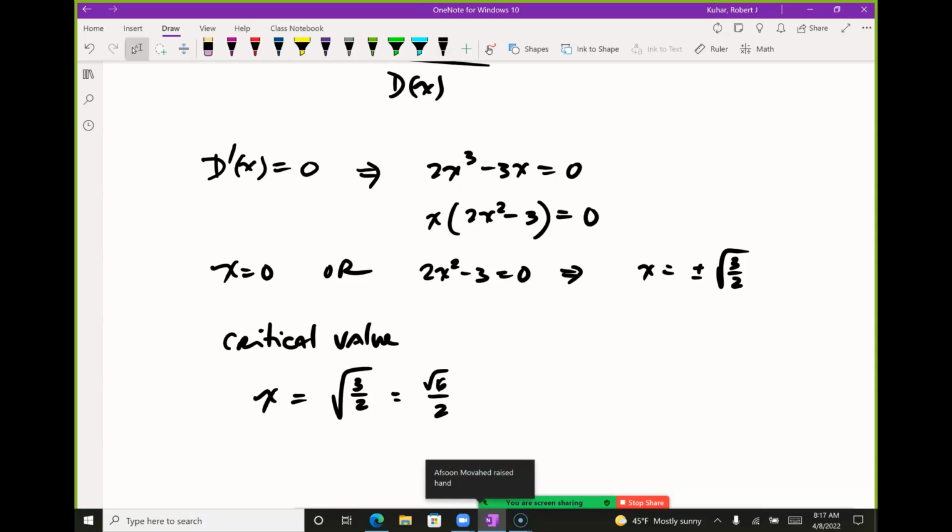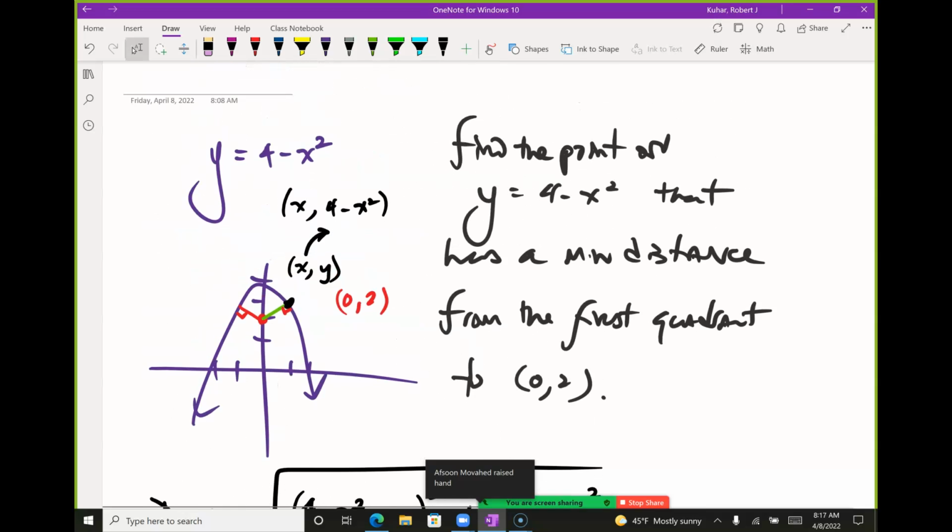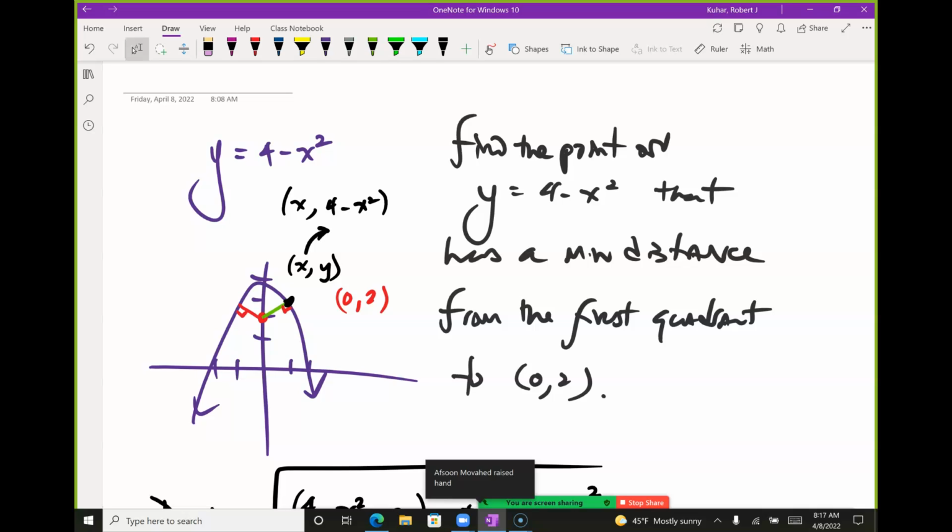Yes, Afsun? So how did you know to pick only the positive? That was my problem. I said, find a point in the first quadrant. Oh, okay. And you'll see there's one in your homework where you have to find the 2 points, the 2 points that are min distance away from